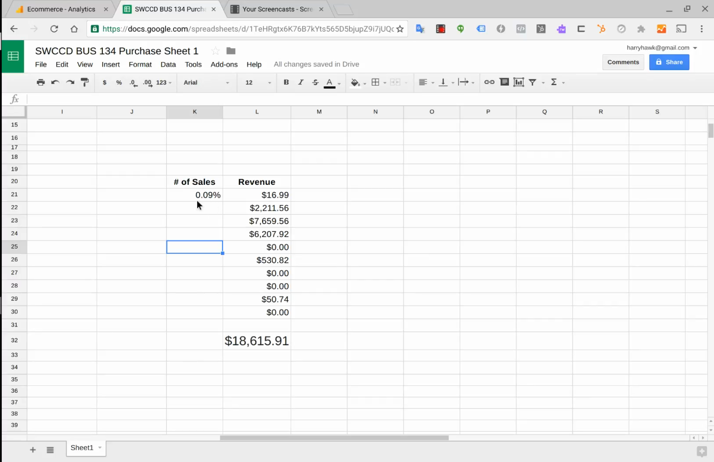Not sure if this is correct, but it seems good. And we can always try again doing the math a different way. We can go over here and, well, in here we divided L21, the amount of sales, by the total. We could try doing it the other way, which is to divide the total